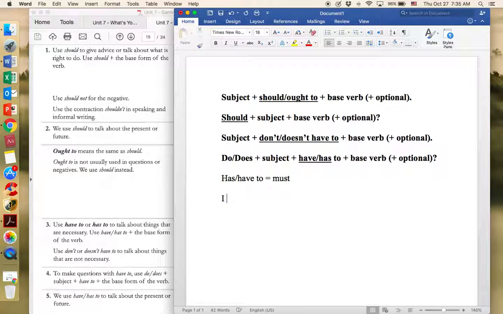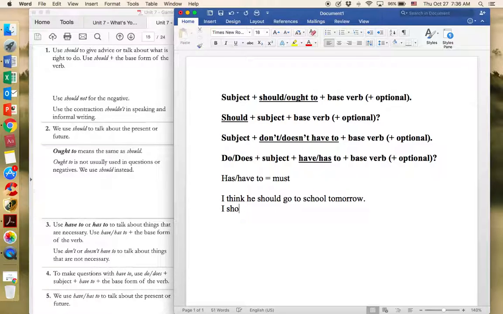For example, I think he should go to school tomorrow. So here we have something that's not really essential, not really the subject, just a way to start a sentence. Here's our subject, he, followed by should, and then our base verb, go, and then our optional clause here, to school tomorrow. I think he should go is also a complete sentence. Next, let's do another one.